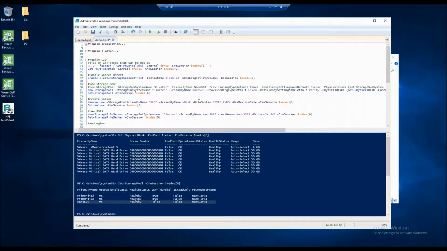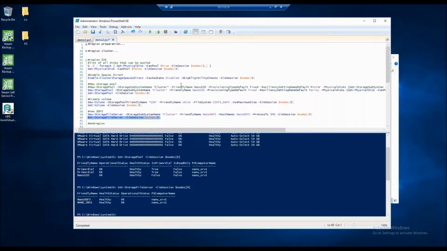If we create such a storage pool, and I have it over here, based on the newly created storage pool you are creating the volume, so it should be a cluster shared volume, with file system NTFS or ReFS. Recently, from 2016, Microsoft recommends also ReFS. There are a lot of benefits. You can also find in the Veeam documentation what the benefits are, especially of the block clone API regarding ReFS. So based on the storage pool, we are creating the volume, and on that volume, I created a scale-out file server